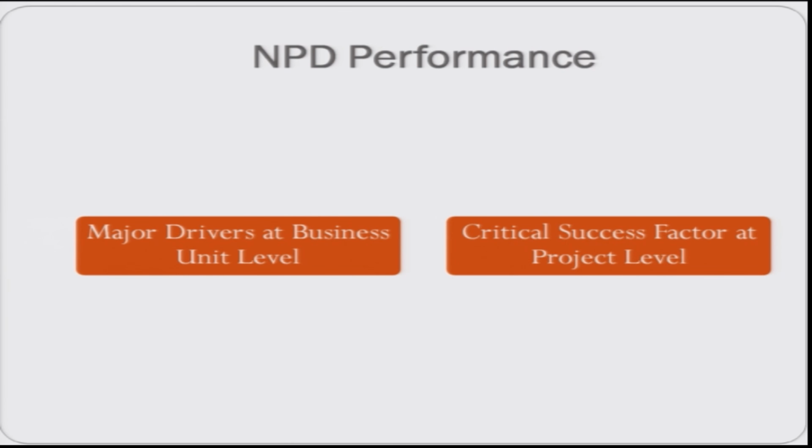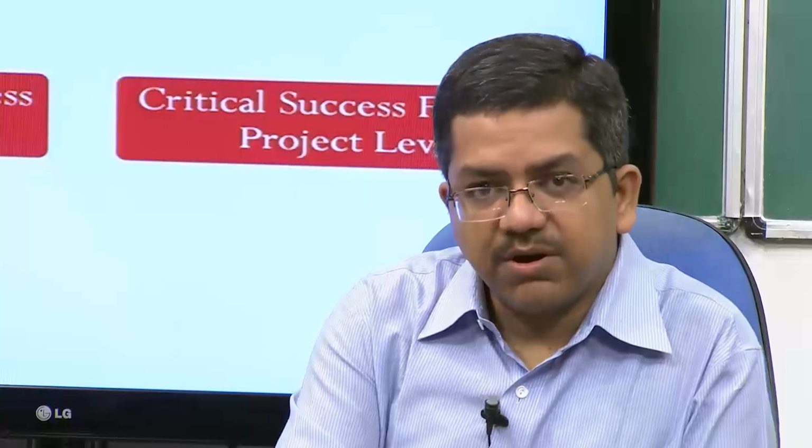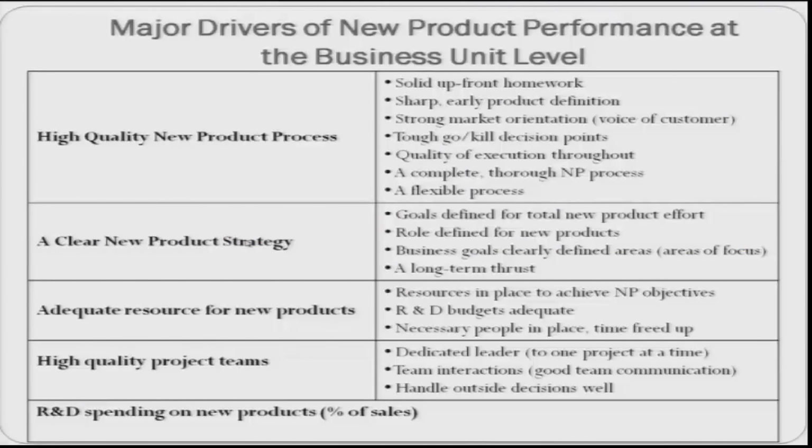of new product development process, and in the literature if you look at the success factors, the performance of new product development is said to be dependent on two broad types of factors, that is business unit level factors, the drivers at the business unit level, and the critical success factors at the project level. So, we discussed the major drivers at the business unit level in the last class,